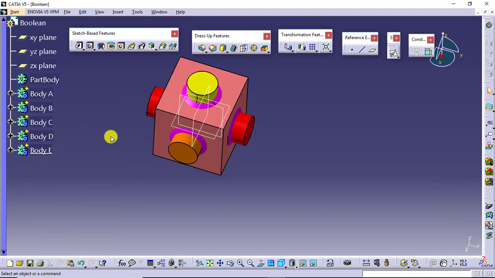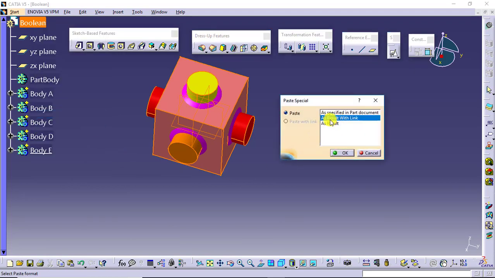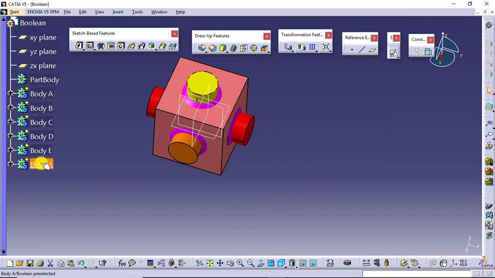When we want to maintain the dependency, definitely we will need to copy each and every body, paste special, and follow this type as result with link. So what I will do, body A, body B, body C, body D, and body E, I will make copies of these with link. I'll say okay.